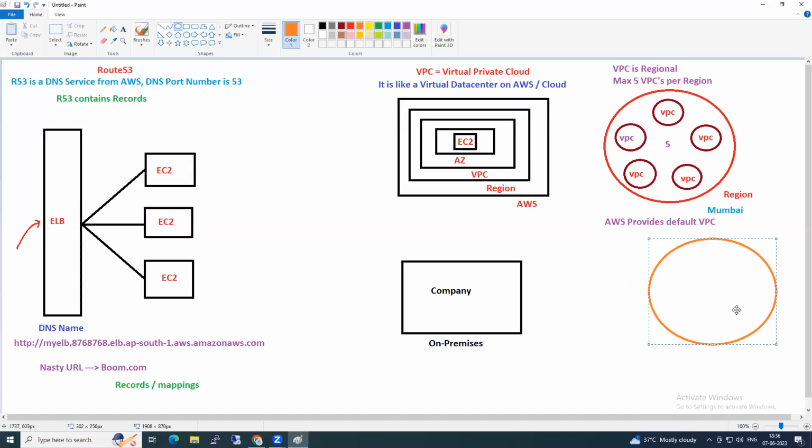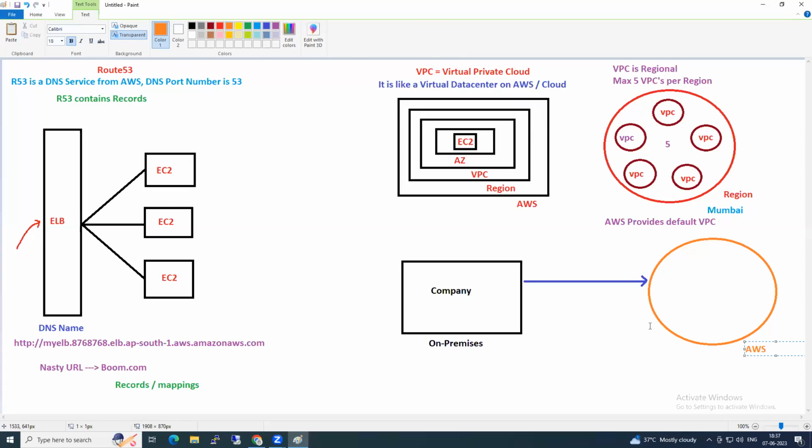Eventually, you will be working inside the company only, no? From your company, you will be connecting to AWS to do all the stuff. Tell me, how do you connect it?